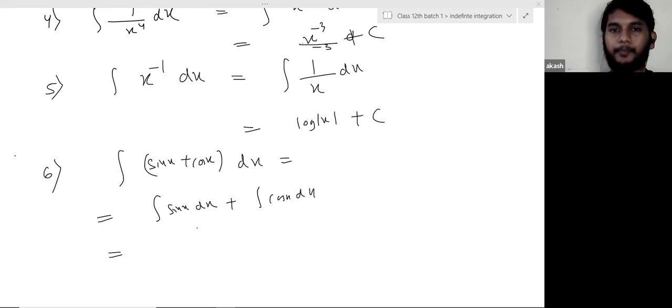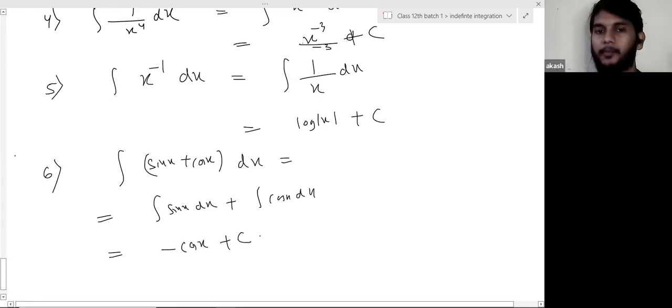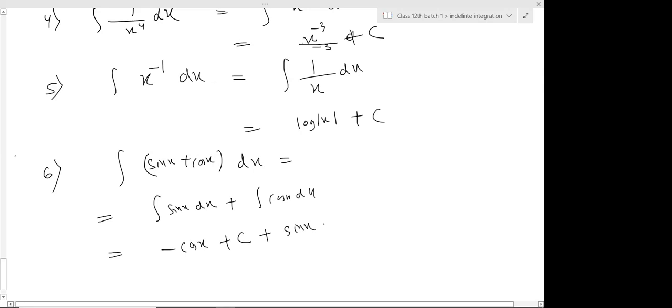All right. Ishan, what is the integration of sin x? You wrote the formula. Look at your notes. Correct answer, Kulsum, Ronaldo. Ishan, you got the formula? Yes, sir. Minus cos x plus c. Yes. So minus cos x plus c, plus integration of cos x is sin x plus c.